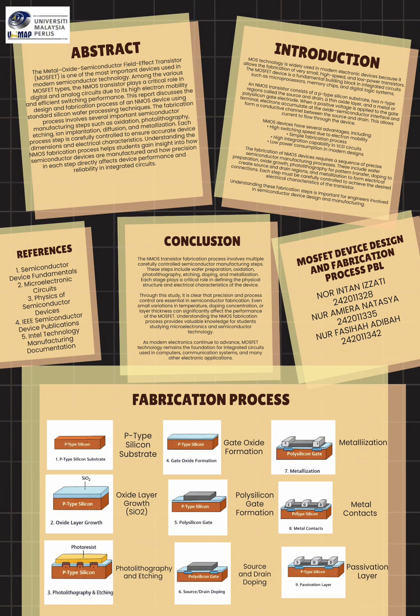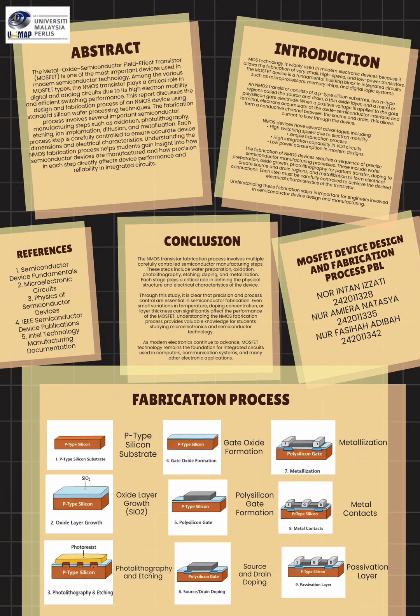Thank you, Intan. Now I will explain the MOSFET fabrication process. This process involves several important semiconductor manufacturing steps. First, the process begins with a p-type silicon substrate, which acts as the base material. Second, an oxide layer growth process occurs where silicon dioxide is formed on the surface to act as